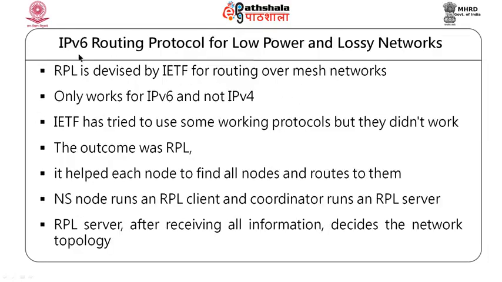And this is RPL's full name: IP version 6 routing protocol for low power and lossy networks. Now, it is using IP version 6, and it is basically a routing protocol. It is surprising, IP version 6 itself is a routing protocol. So, this is an additional protocol run with IP version 6. In a way, RPL and IP version 6 jobs are actually overlapping, and it is for what? That is the reason why the next part becomes more important.